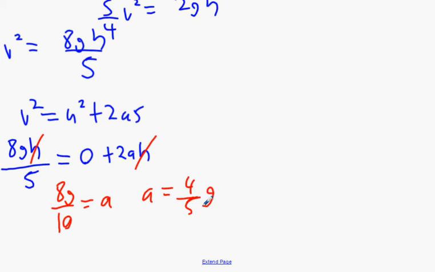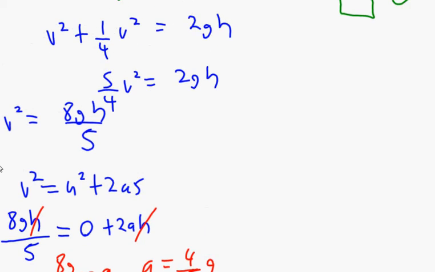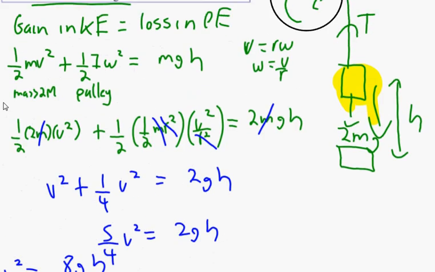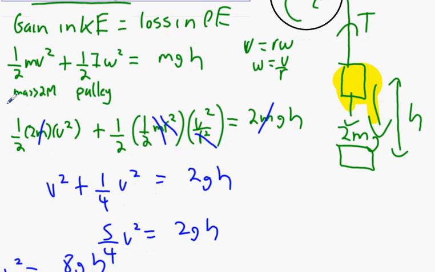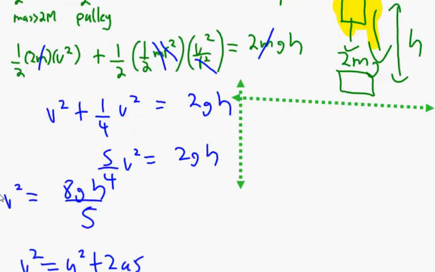We have to get the tension now. So we go back up to the tension. I haven't even made a tension equation yet, have I? I just did conservation of energy. Haven't even touched the tension yet. So what we're going to have is T minus 2mg. Oh, wait, other way around, isn't it? Why am I leading with the weight? Going down. So